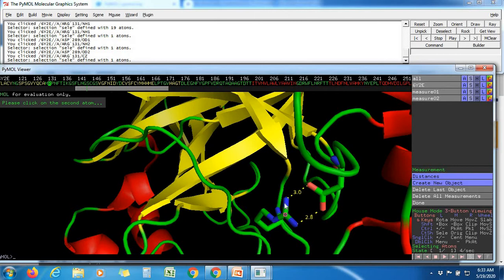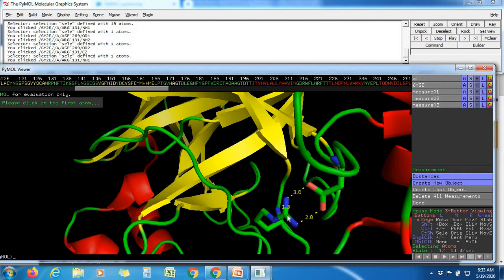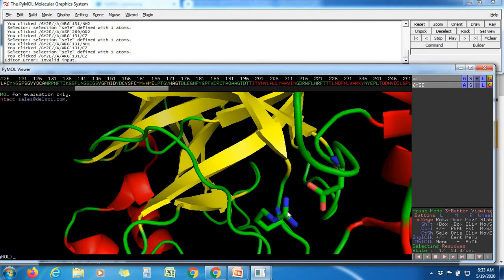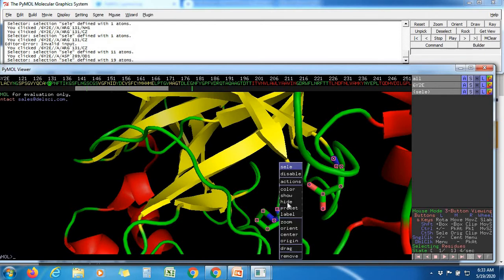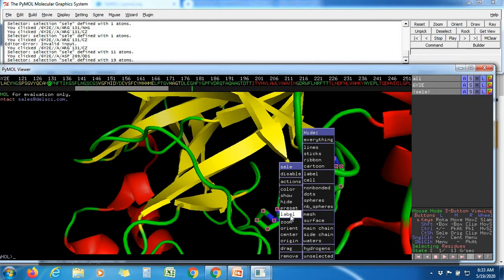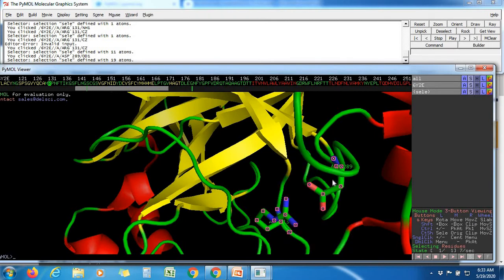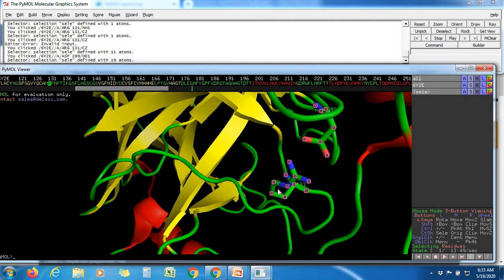If you click on this, you have to remove this one first, delete all measurements. This one, okay, done. If you click on this one and this one, and you want to show the label, residues, it will show the label. Now it is showing here.